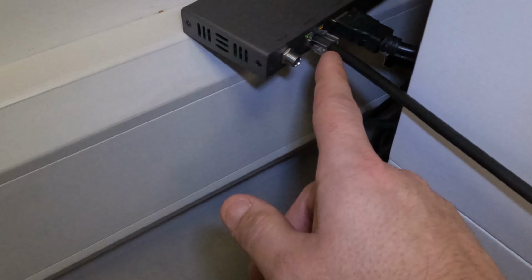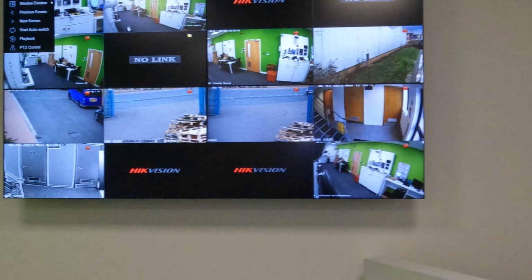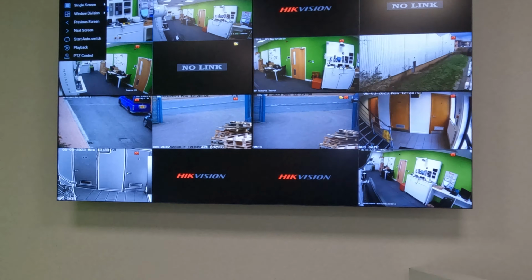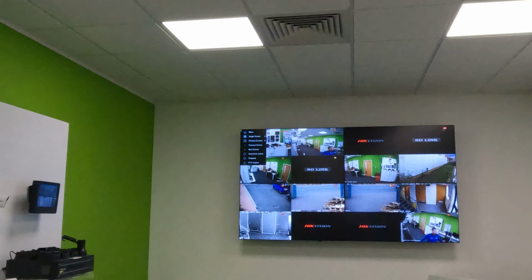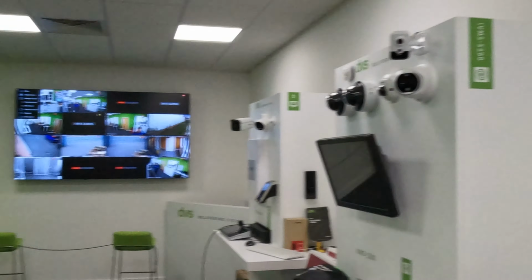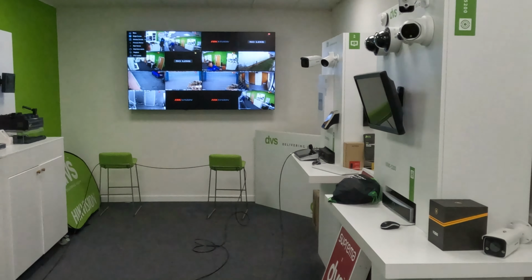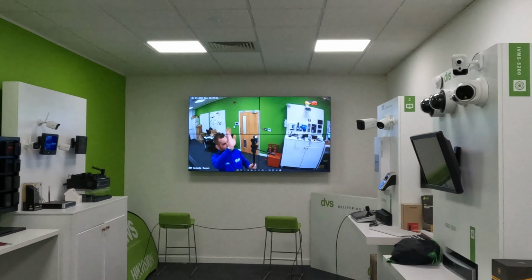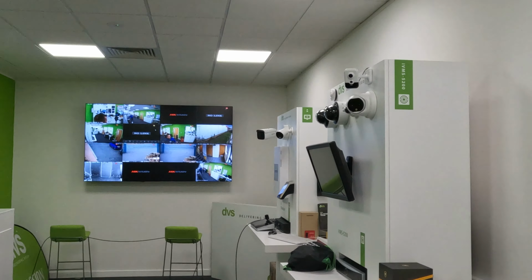No power this end because it's powered by the Cat 6. And you can see here, this is the video wall that we're powering. And you can see it's simply an extension of the recorder down here. So if I move backward and use the mouse here, so you can see I'm using this mouse here. You can see if I open it up, double click on that one, then you can see there's me. Hi everyone, with the GoPro filming content. And that, ladies and gentlemen,